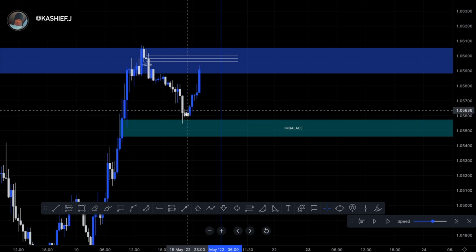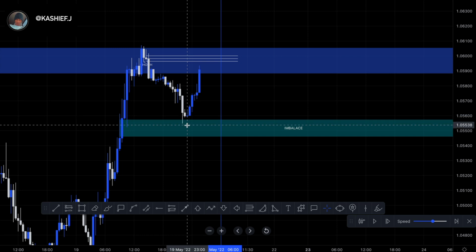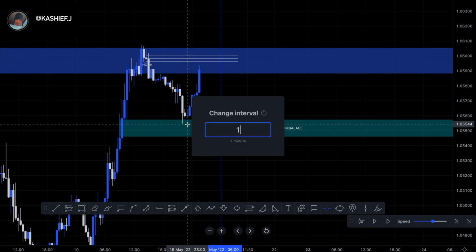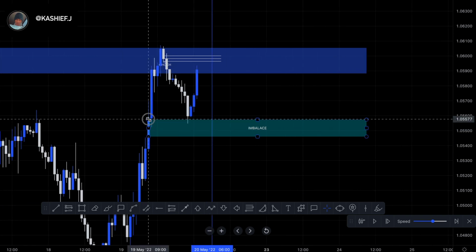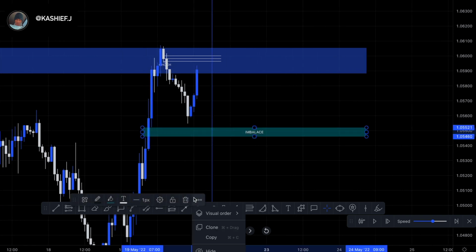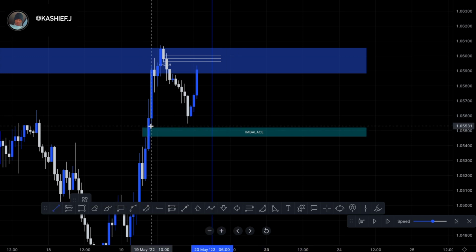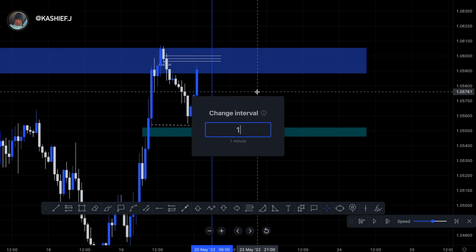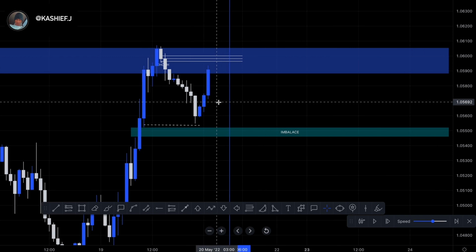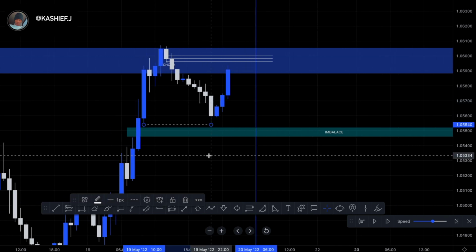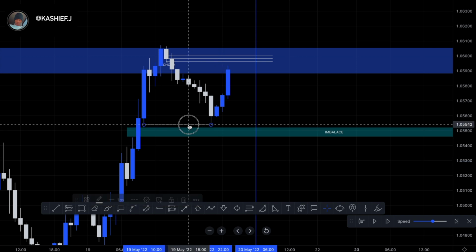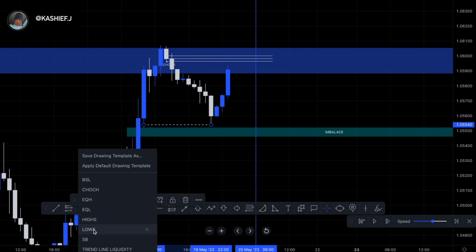the imbalance area, and also created equal lows right here, equal lows within this area. So that was another confirmation for me wanting to take this specific sell. So right here I have some equal lows,